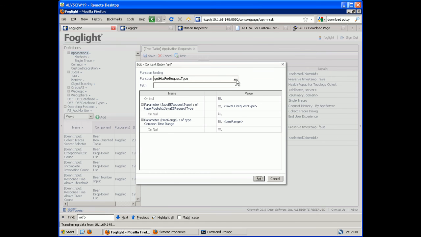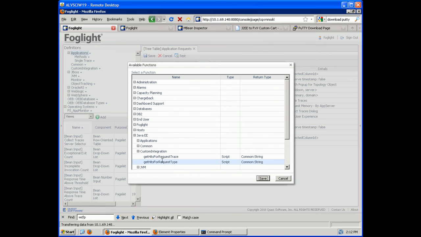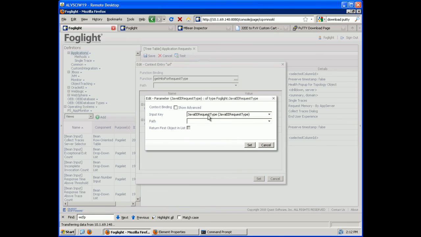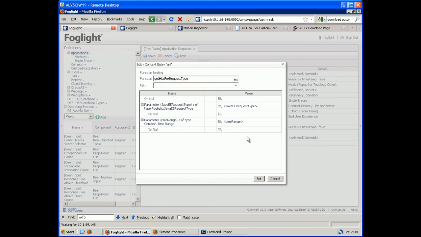hits for request type. So what I'm going to do with this function get hits for request type, when I select that, it's going to ask me to put a value in for the request type that I want to get, and it's also going to ask me for a time range. So what I'm going to do here is I'm going to say my binding, right? So basically I'm going to go and I'm going to set this to a context, and when I set it to a context binding, there's going to be a value in here called Java EE request type, and once you plug that in, whatever row you're on, it's going to pass the request type for that row to this function,